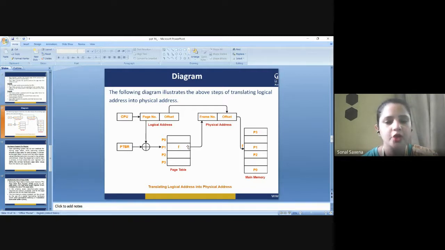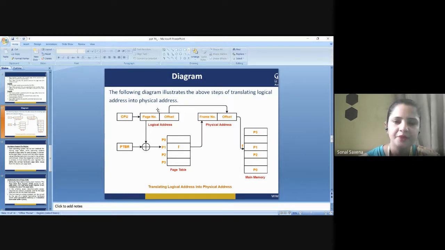So here your physical address will be generated. How come? It will tell you the frame number, like P1 is stored at this particular frame number. So I'll take the frame number plus I'll take the same offset which is generated by the CPU in the logical address. So I'm going to add up two things: the frame number of my process, together with the offset. This makes it a physical address. Have you seen how we have quickly and smoothly generated the physical address out of the logical address?